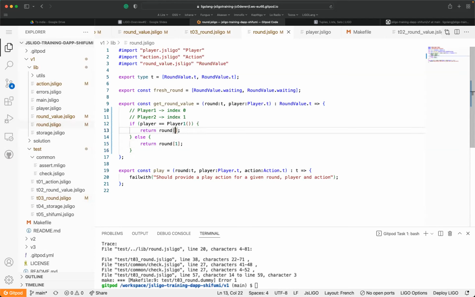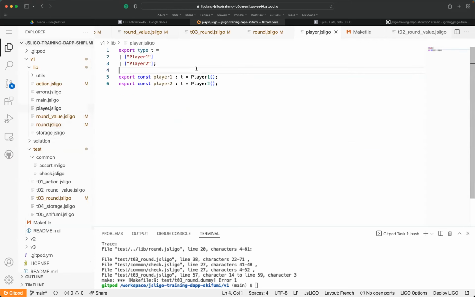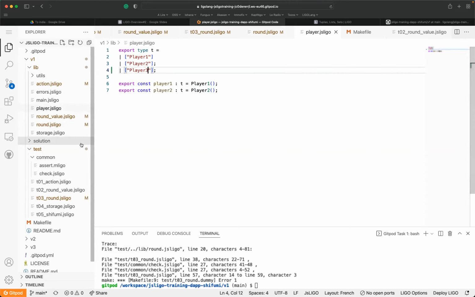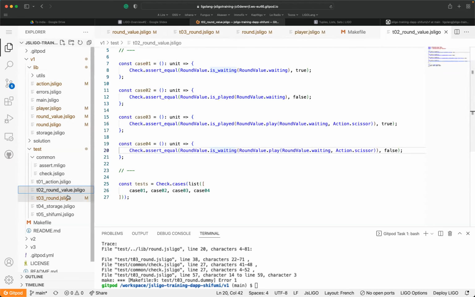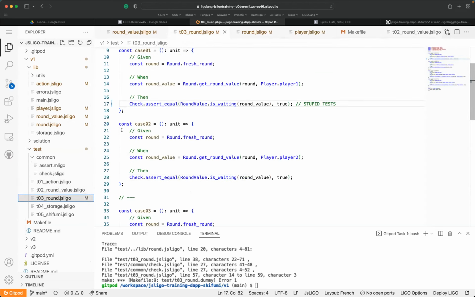So why should this part not be written like this? Because if I decide, for example, to add a new player, a third one, player 3, and then after here, I'm going to test for the player 3.